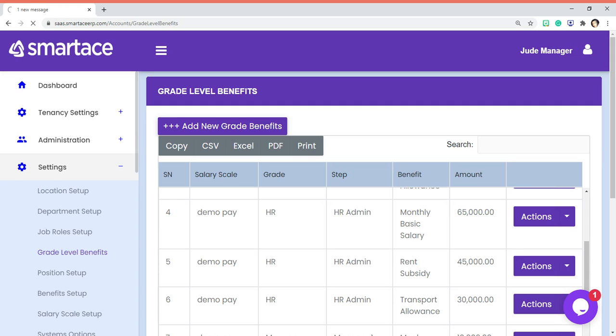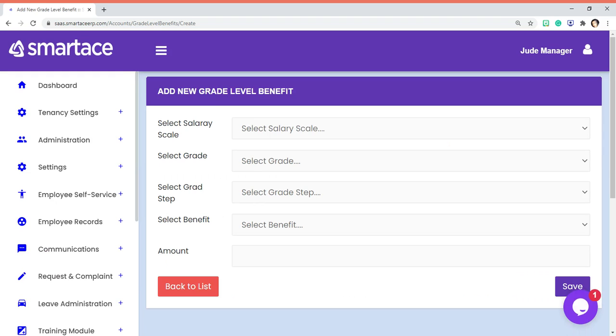So the grade level benefits are the amount that make up a person's pay. So usually on the system, we have the monthly basic, the rent, the transport. Those are system benefits. So while we proceed on the demo, I'm going to show you how you can create your own benefits using